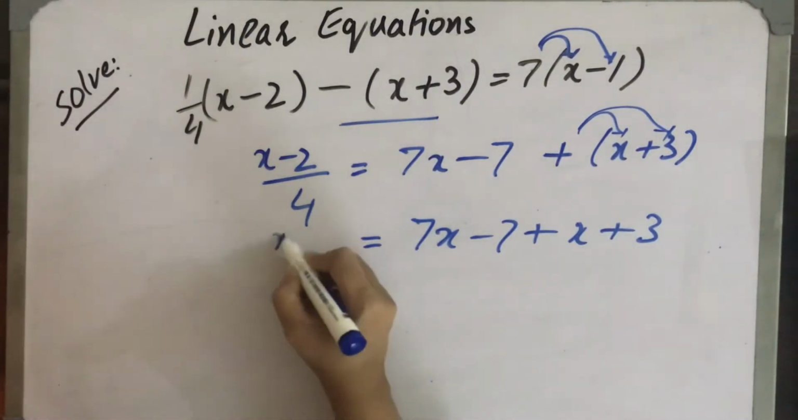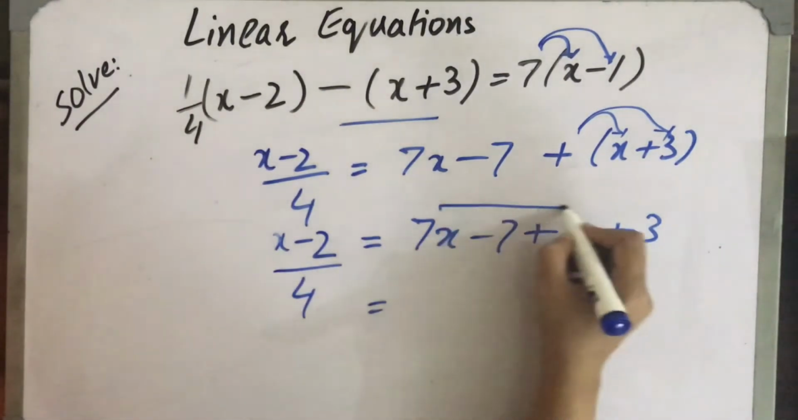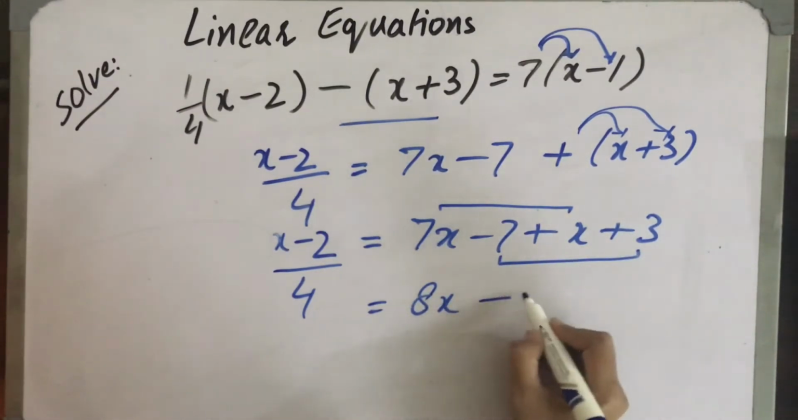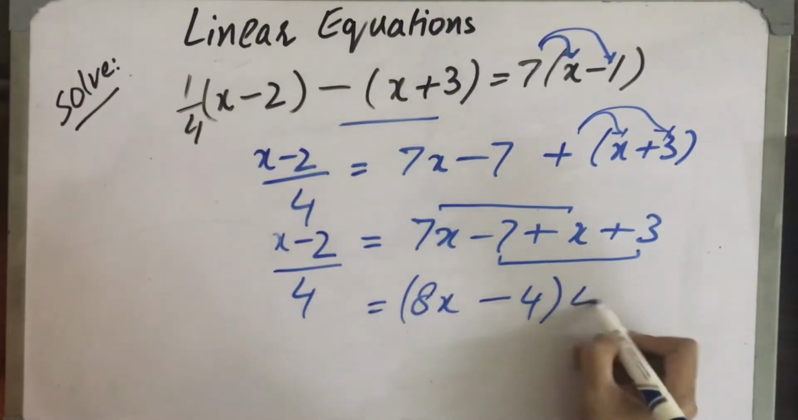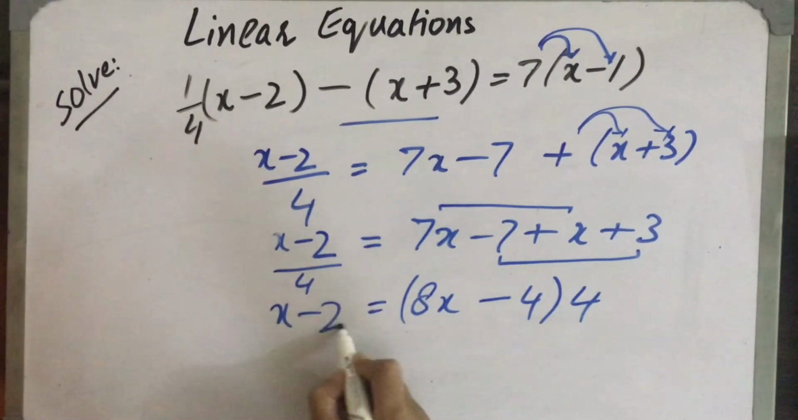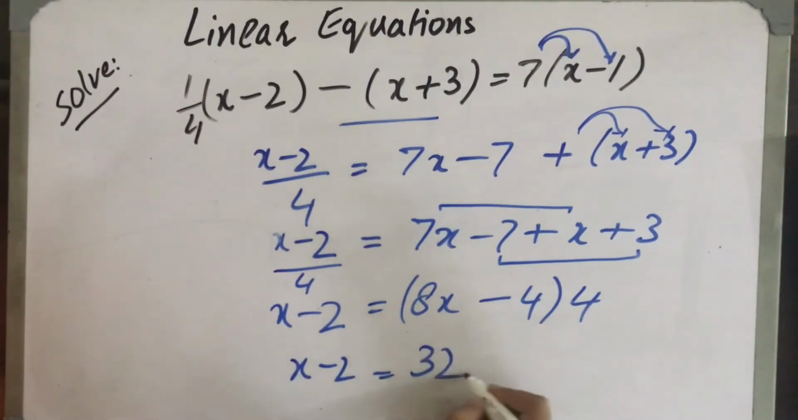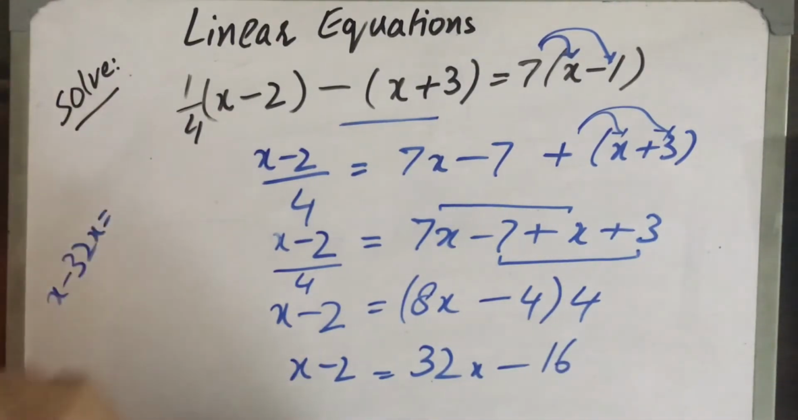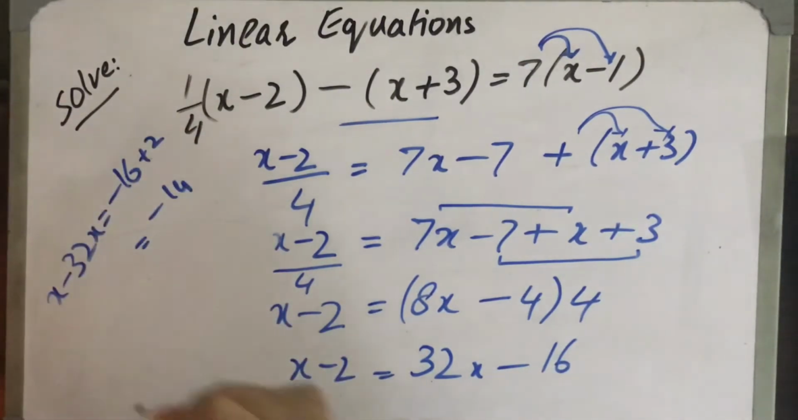Now after opening the bracket with positive sign, the inner signs are not changed. Here we have x minus 2, and I shall take this 4 to the other side. In the next step I shall have 7x plus x, 8x, and minus 7 plus 3, minus 4. So now I can take this 4 to the other side, on this side or on that side, it doesn't matter, but it will be equal to x minus 2. So when we open it, it will be 8 times 4, 32x minus 4 times 4, 16. 32x to this side, and minus 16 plus 2 will also give us a negative number, which is minus 14, and on this side we have